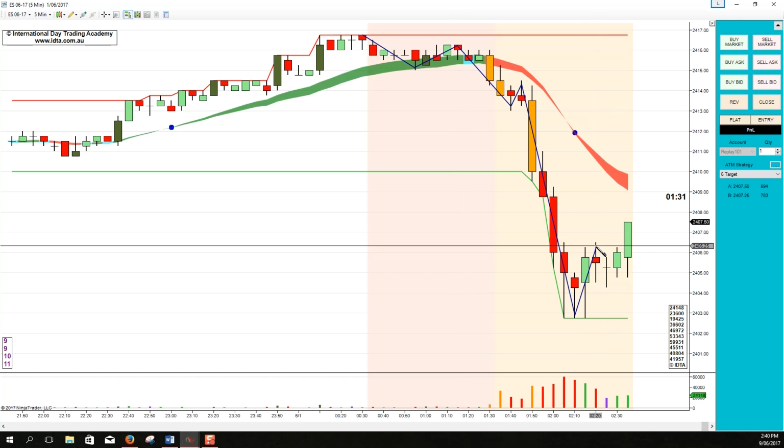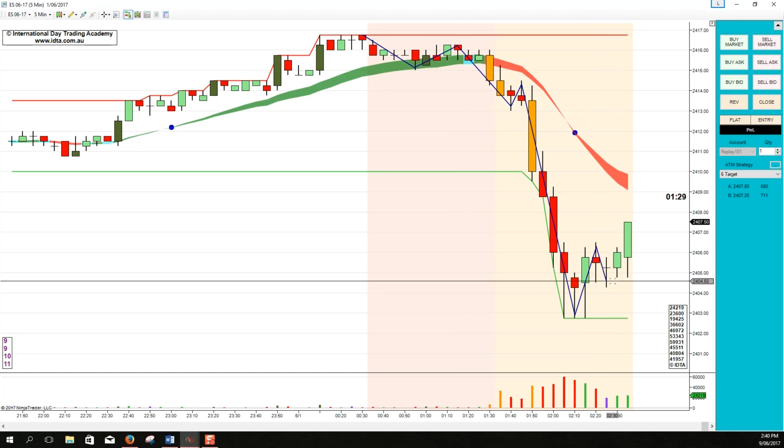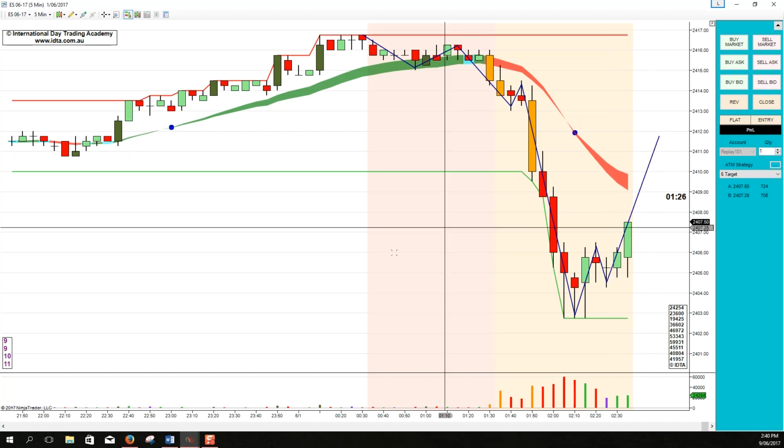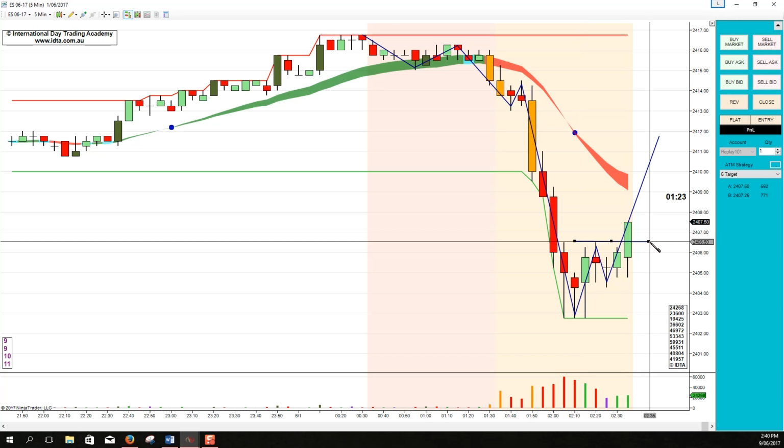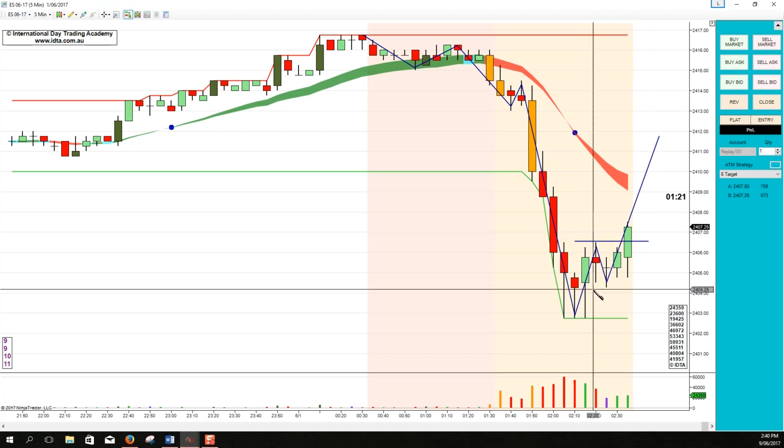So let's have a look and see what we're looking for here. In a minute and a half, we're looking for something to close, and we want it to close and give us a reversal pattern long. There goes our breach point. Got our stop loss down at our last seller failure point,